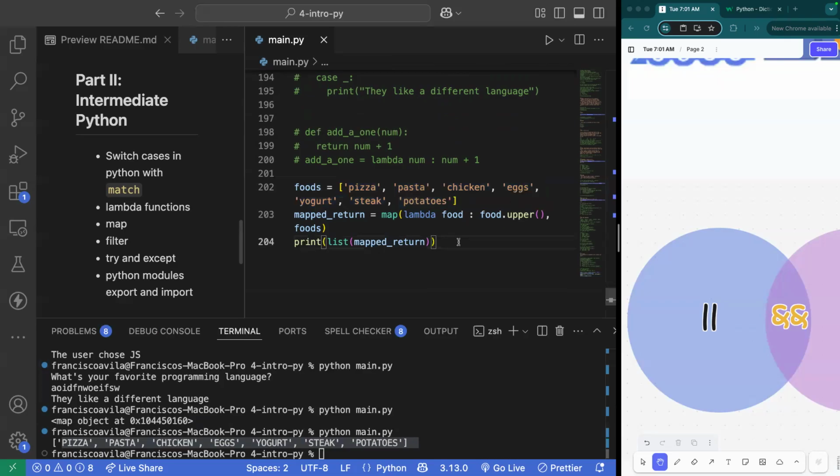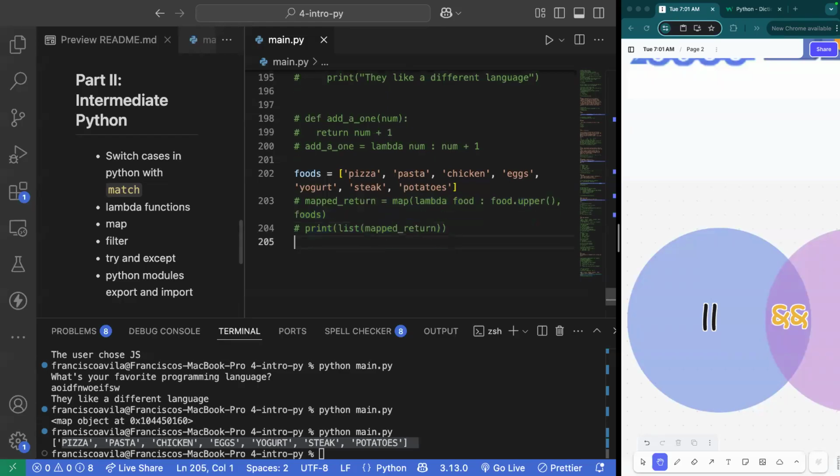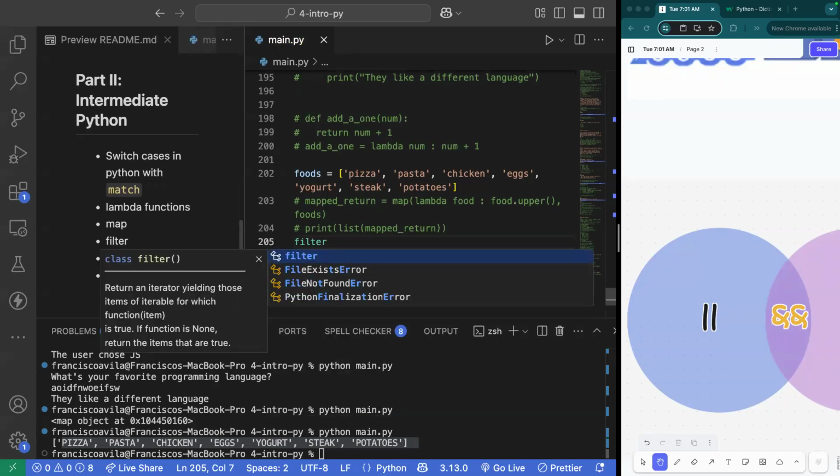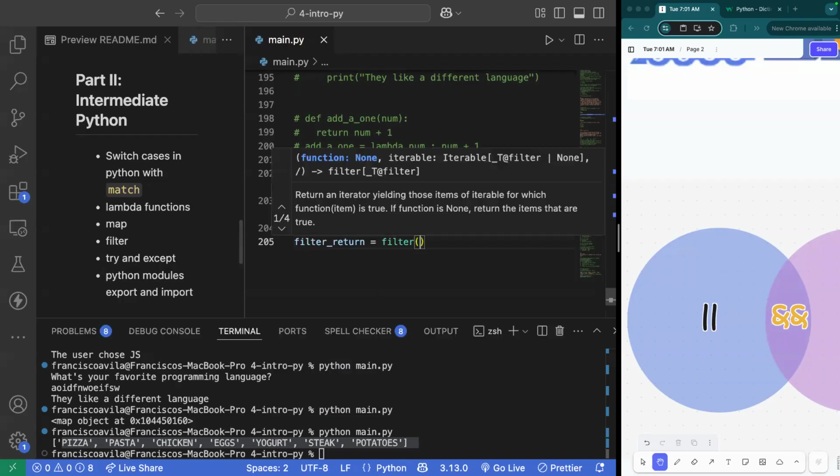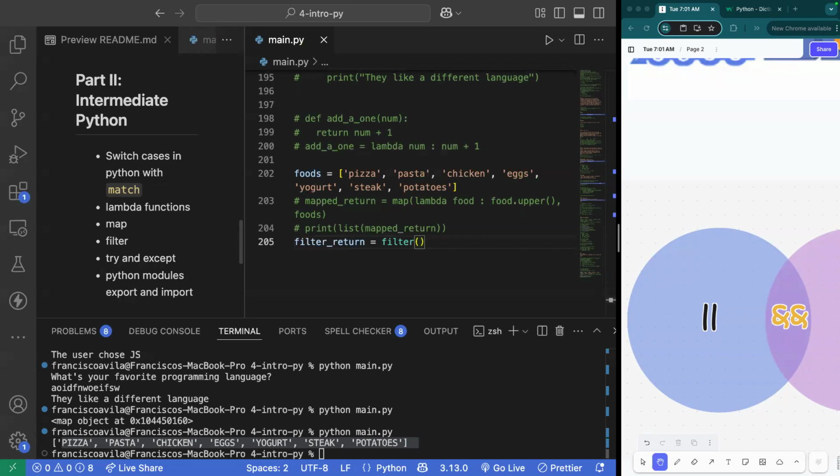All right. Well, if we understand the map function, then let's move on to the filter function. Again, we're going to do filter return. We're going to utilize the filter function. Now for the filter function, same thing as before. I'm going to pass in a lambda, which is the equivalent of my arrow function. And I'm going to say, hey, for every food in here, I want to return the food if the food